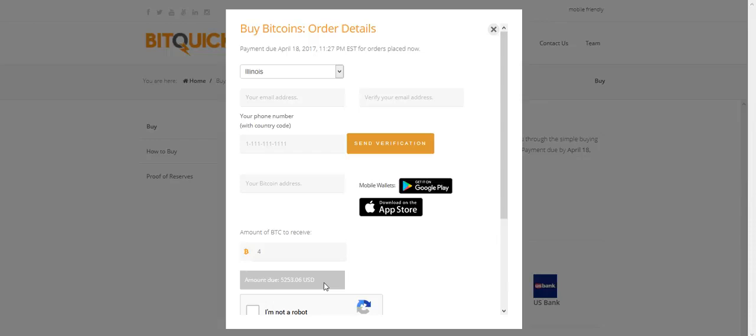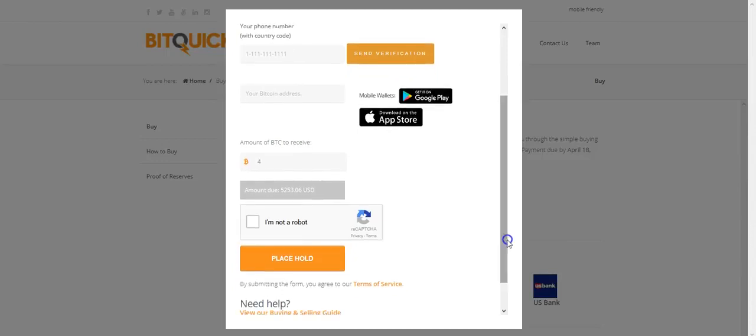The market value is $4,800, okay? So I'm paying $800 more, but you would never get it for the market value, even on the exchanges. So this is a fair price to expedite this. Instead of $4,800, which I never get that price anyway, I'm going to pay $5,253. Next time I decide to buy, I'll be more prepared, but I just got to get in this program